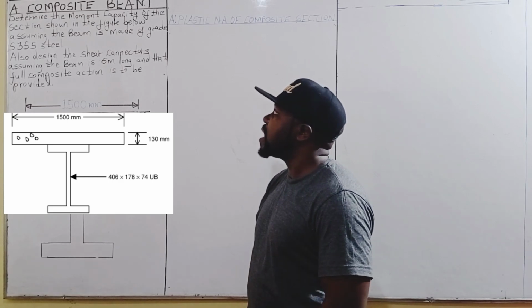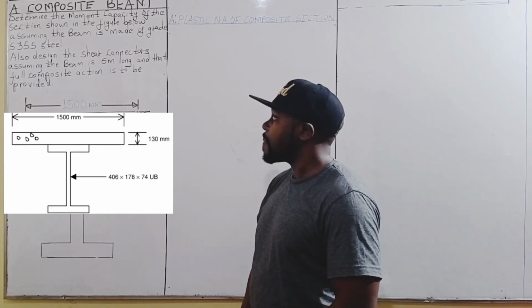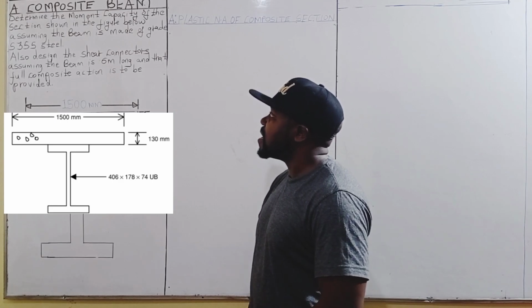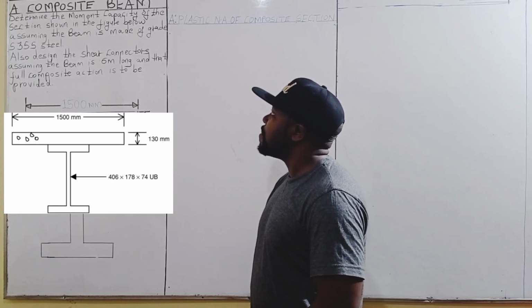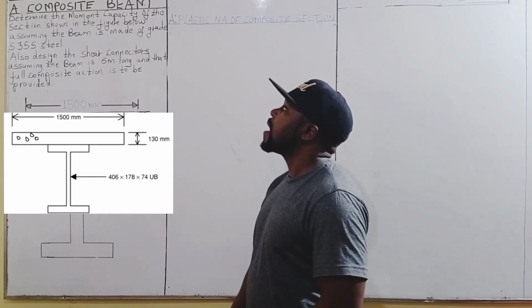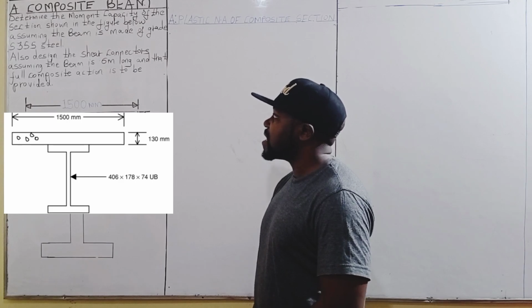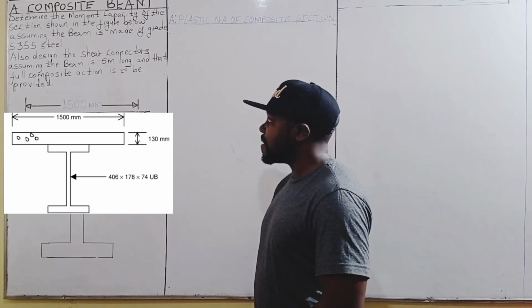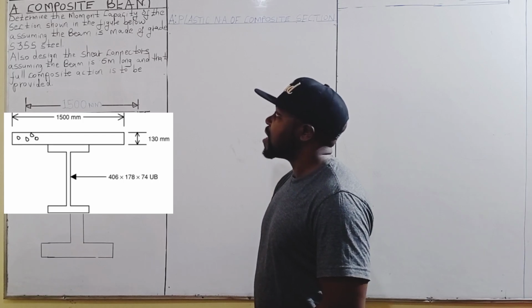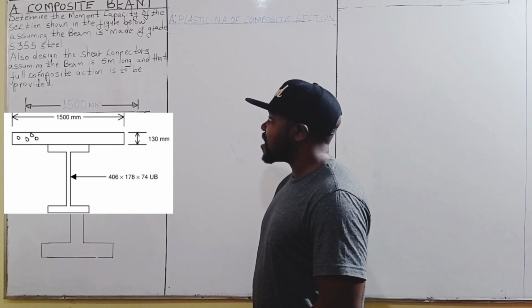Today we are going to determine the moment capacity of a composite beam section. The question asks: determine the moment capacity of the section shown in the figure below, assuming that the beam is made of grade S355 steel. Also, design shear connectors, assuming the beam is 6 meters long and that full composite action is to